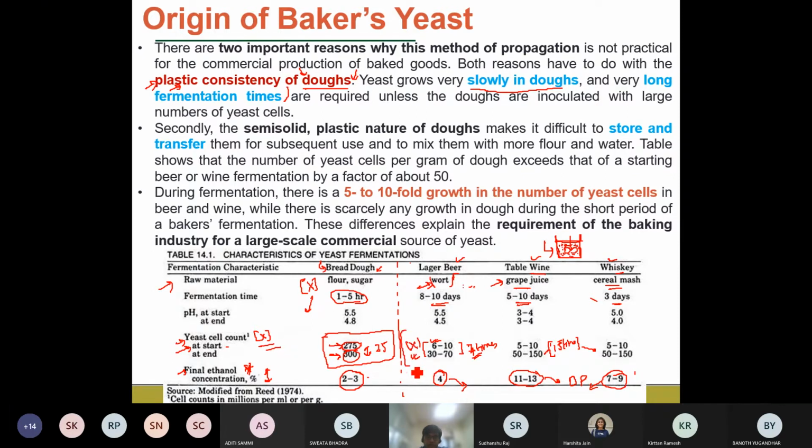So suppose we compare with the other fermentation processes using the same microorganism. One thing is that in this particular case, the yeast that is being taken is Saccharomyces cerevisiae. Okay, so taking the same microorganism, as we talked about, different products can be produced, and you can see the variation in their microbial or biomass production.